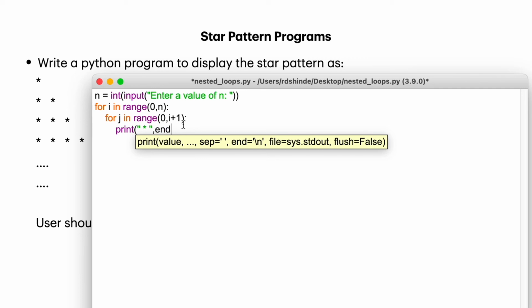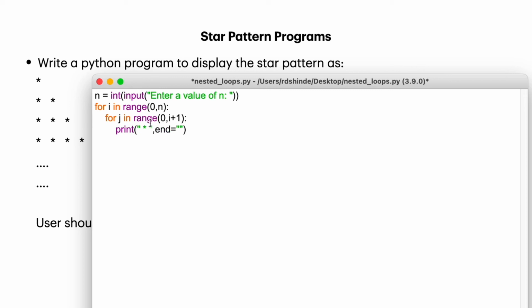And now we are using the end parameter, and we want to end this with an empty string. We don't want to take our control to the next line, we want to stay on the same line. So we are using this end parameter. Now we are done with our inner for loop.